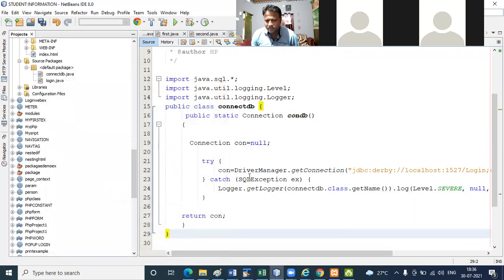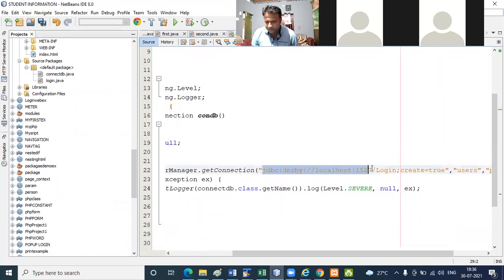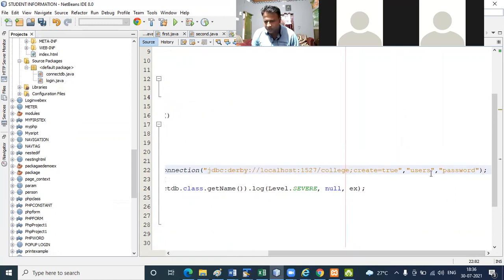So you have to pass connection driver manager. As we define, Connection con. The connection will establish the connection from your application to the database. Connection con is null. The connection equals DriverManager.getConnection. We are passing the path. This is our database. Create true. Our username that we already gave is root. Password is root. Okay, so yesterday we have created this, I mean previous class, right, root.